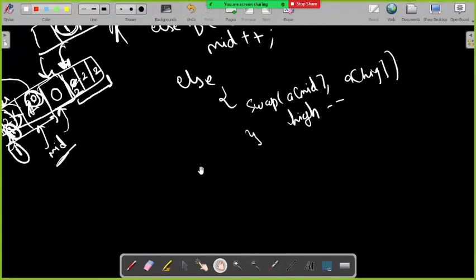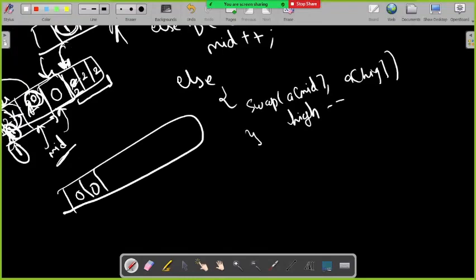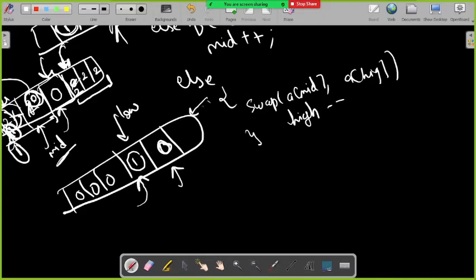right? So what I'm saying is, let's say this is your array. Initially I have done this work, and let's say my low pointer is here, and my mid pointer is here at this position. If this value is 0, I'm quite sure that 2 can't be here because I have already passed through this position. If 2 would have been there, I would have swapped it with the high element. And if 0 would have been here, then when I was here, I would have swapped it with the low element. So I'm quite sure only 1 can be here.